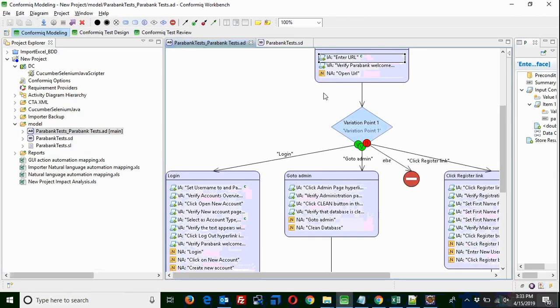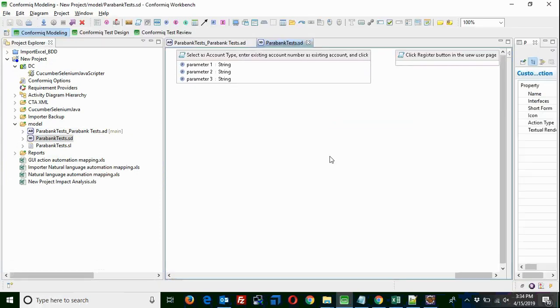And there is one more thing I want to tell you. If you already have an application, you can use scanners like the UFT scanner. Using that object spy, you get an object repository. You can import that object repository so that the structure diagram can be automatically created. So that is one advantage.